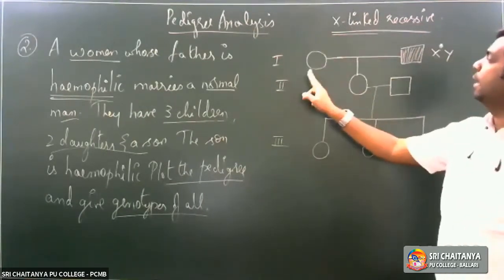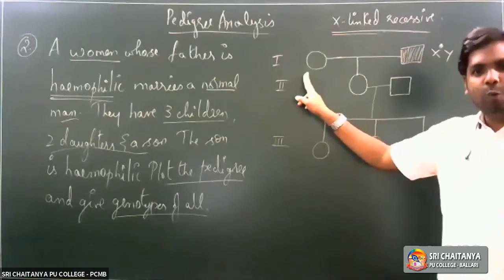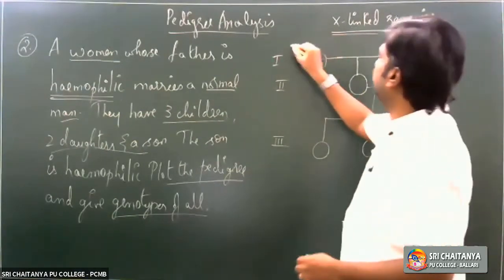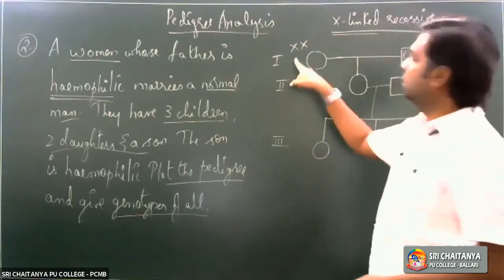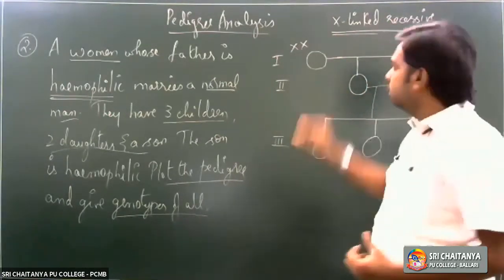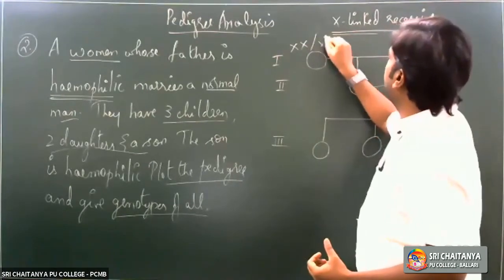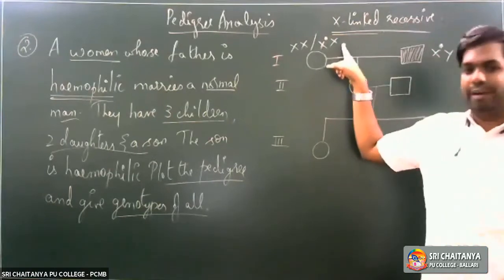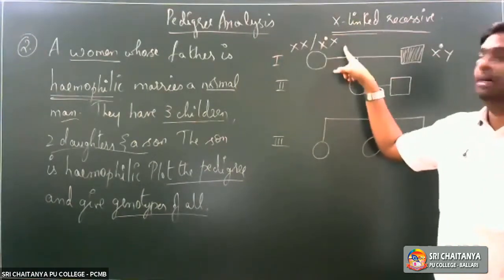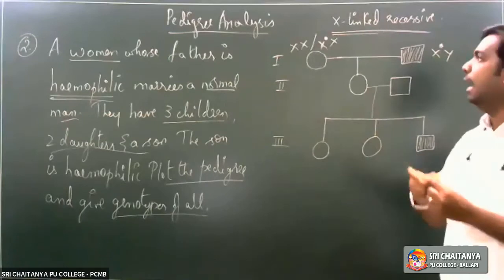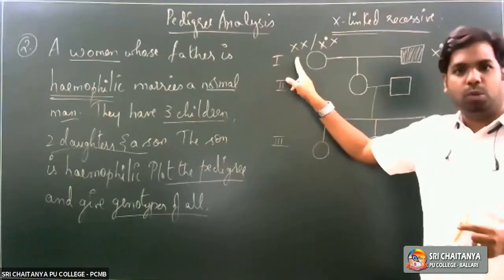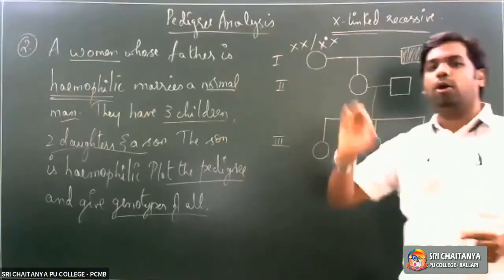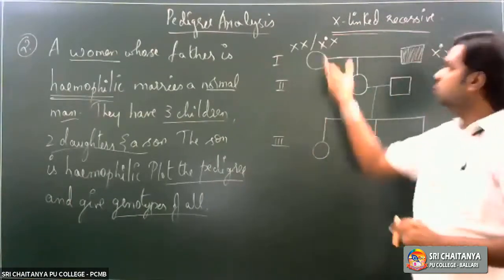Now we know that the female here is normal. When the female is normal, there are two possibilities again. One is the female could have X and X chromosomes without any mutation, or the female can have X dot X, where there is a mutation in only one of the X chromosomes. If this is the condition, we call her a carrier. So a woman could be either normal without any mutation, or a carrier with a mutation on one of her X chromosomes. So this would be the genotype.